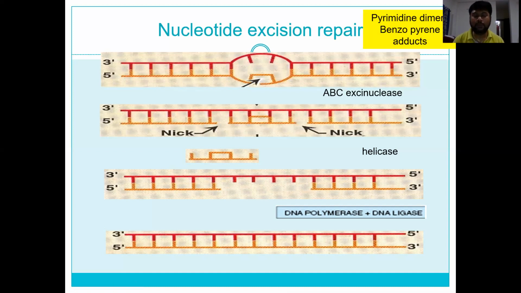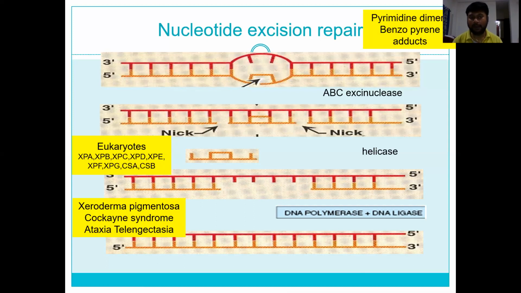This ABC exonuclease is in prokaryotes. But in eukaryotes, the same job is done by another group of proteins named XPA to G as well as CSA and CSB. Why are they named XP and CS? When these proteins are not there, it leads to a condition called xeroderma pigmentosa, that's why XP, and Cockayne syndrome,